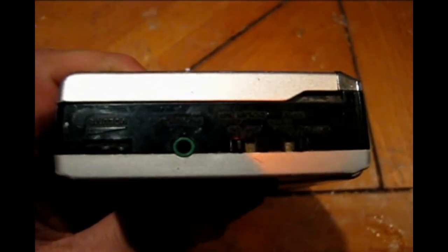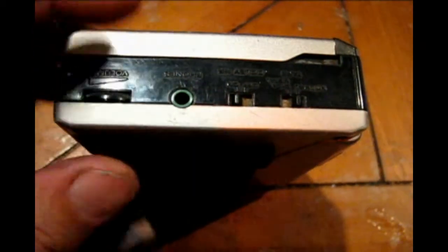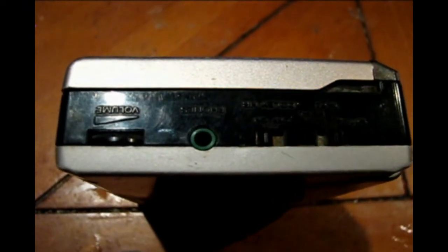Volume control, your headphone socket, and you know, the difference between a cheap piece of equipment and a Sony, which is why you pay a little bit more, is because you buy a cheap one and that little headphone socket always seems to have a bad connection after a while. You plug your headphones in there and knock it after 100 times, that thing just gets bad, and you end up having to wiggle it to get stereo and things like that. But with the Sony, they got that little strengthening piece of green plastic around there, and it really helps with that. It's got Dolby to remove some of the noise, the hiss,